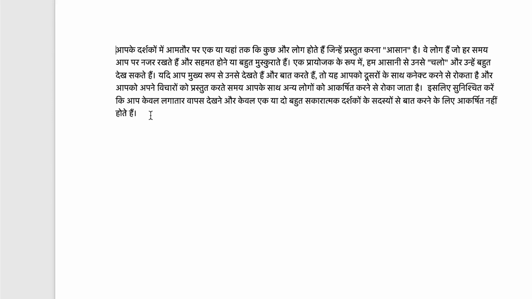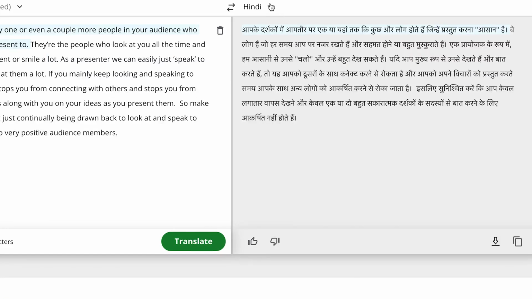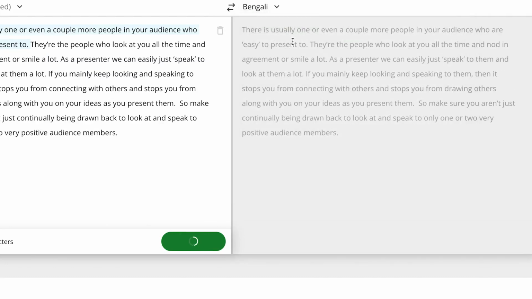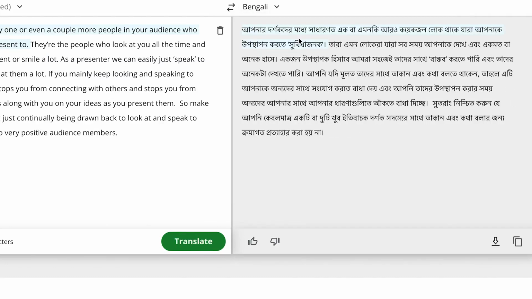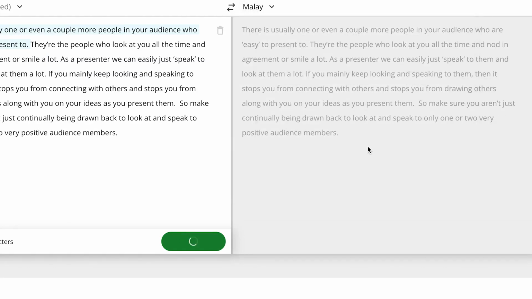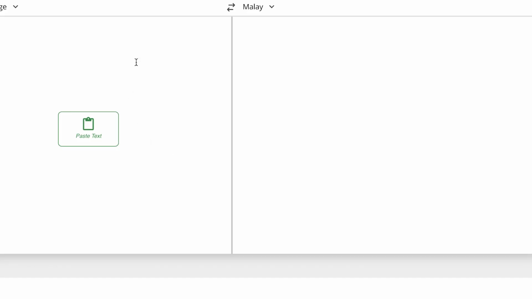Those people who can speak Hindi in the house, you can tell us how good this translation is, whether it's a good translation or not. And then if you want to change it to another language, all you need is just this click, and you can come down and say Bengali, and it's going to translate it to Bengali very fast. Very fast and very nice. If you want to take it to Malay, you can come over here and say Malay, and it's going to change it to Malay directly. So all you need is to copy from any location of your choice. If you want to change anything, you can change. If you want to delete this, you can delete and paste another text from here.